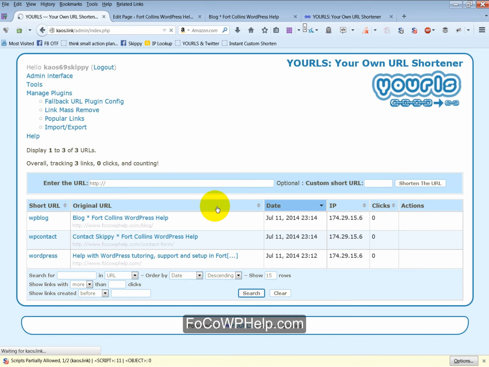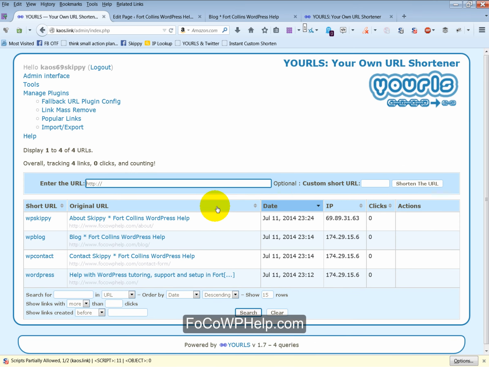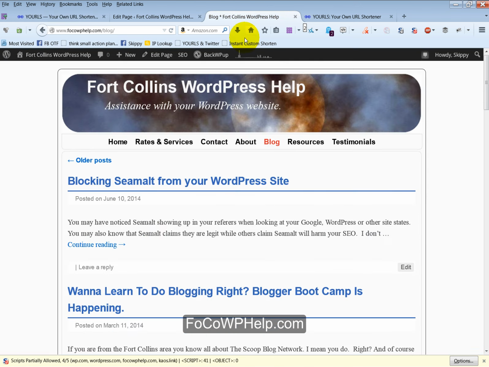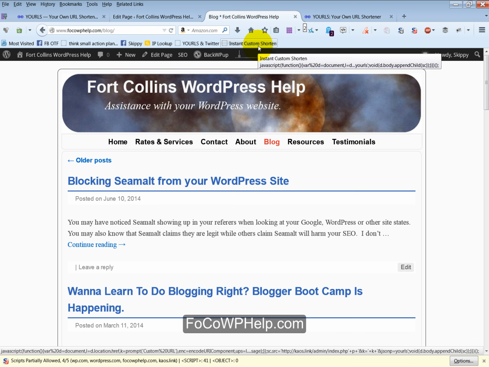Now let's see if it has appeared. Boom! So utilizing this method, you could go through each of your pages in the WordPress backend and assign a short URL with a custom word to each of your pages. I think personally just going through the site like this and using the bookmarklet,